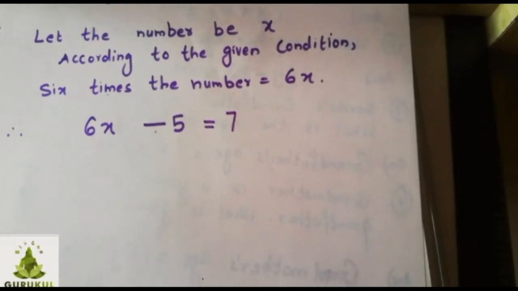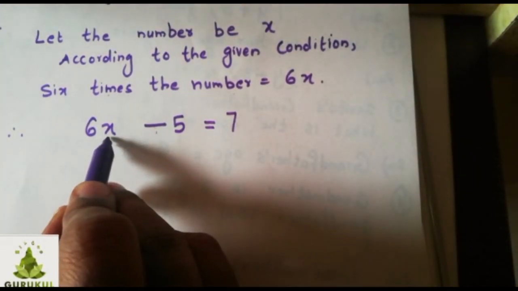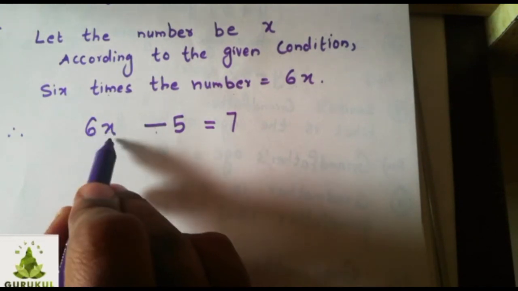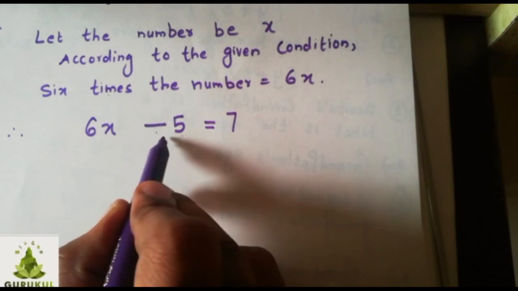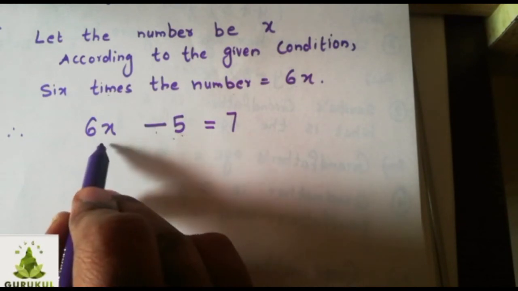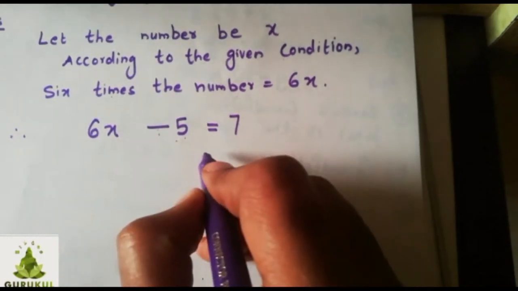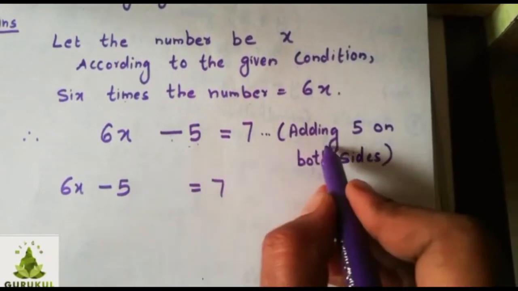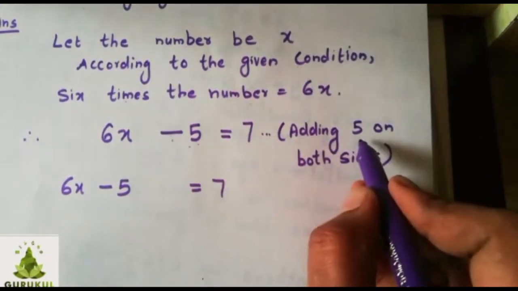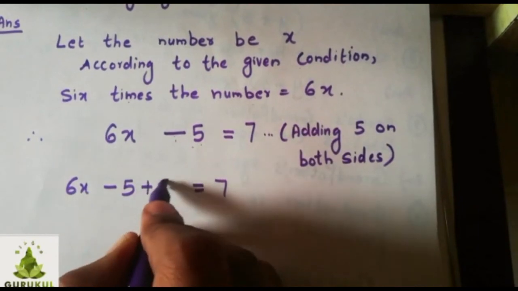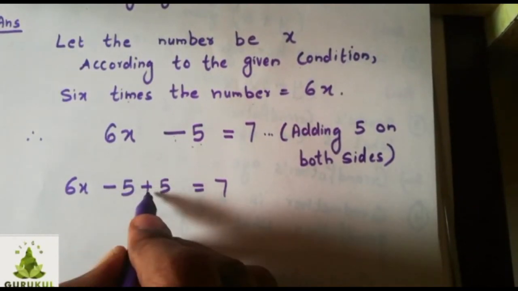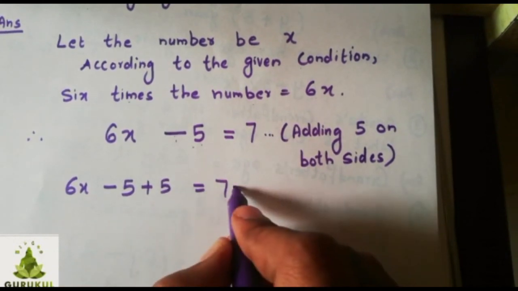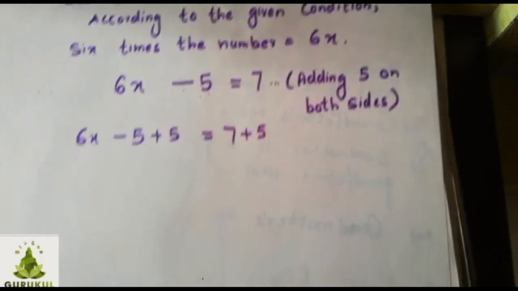Now, I want to find the number. I want x here. So, what should you do? With x you have 6, also you have minus 5 on this side. You have to remove minus 5 first, then we will do it for 6. Now, I don't want this minus 5 here, so what should I do? Add 5 on both sides. Minus 5's opposite is plus 5, so I am adding 5. Its opposite number I have to add here. If I add on the LHS, I should do the same thing on the RHS also. Is this clear to you?